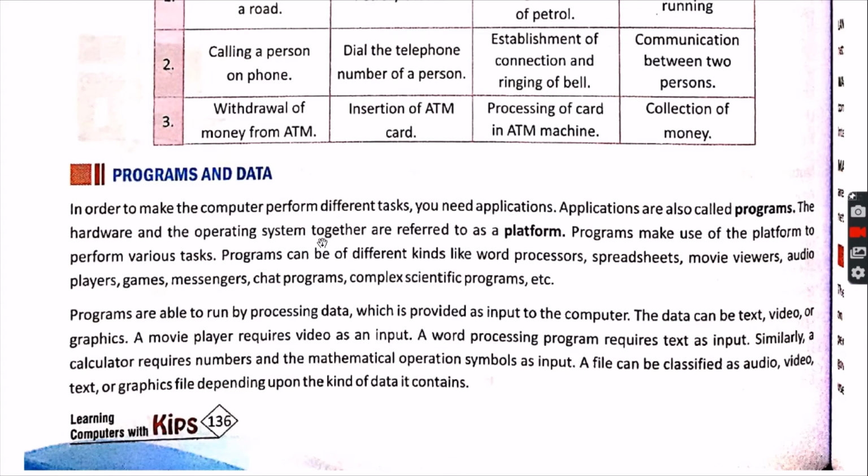Now let's see what is the difference between program and data. See, data are the real world things which have their existence, means anything that you see may be considered as data. And what is a program? Already I explained to you that a set of instructions to carry out a task in a computer is known as a program. You may write it very short, but here you can see the explanation, and you can go through this paragraph